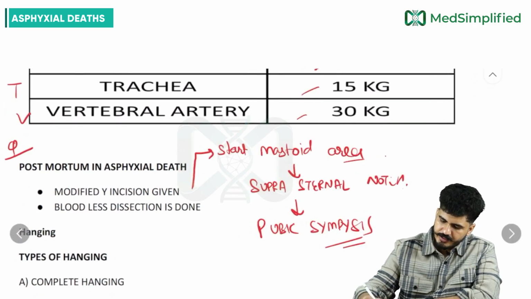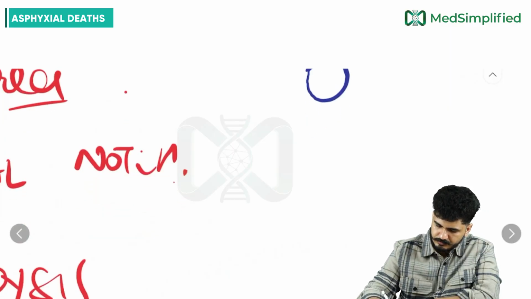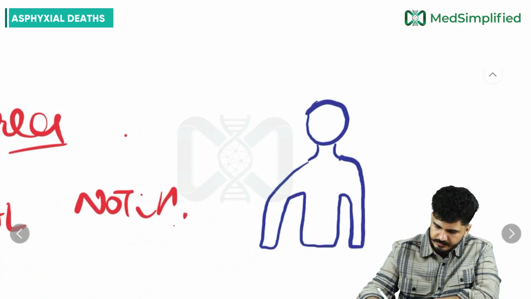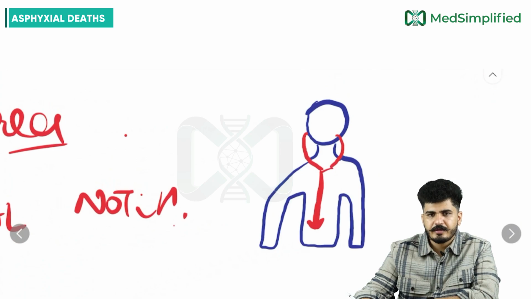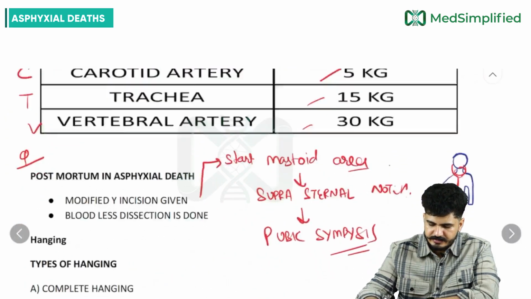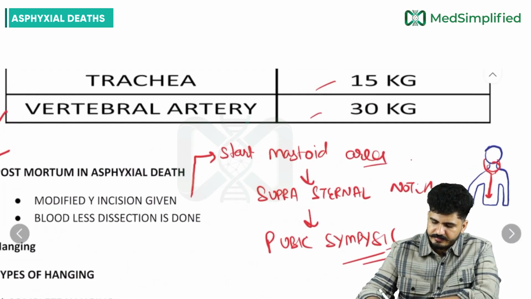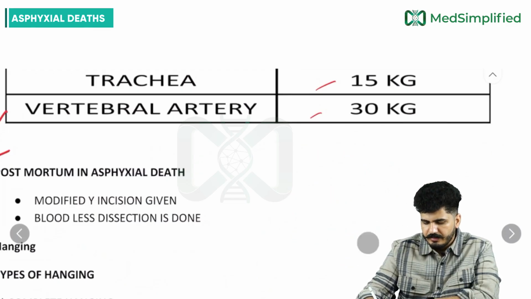If I can show you right here, sir, if I draw the man here. So you can see right here, sir, it is starting right from here, going right here. Then it is going down like this. So what is happening? We are sparing the neck here for the last. As it is written here, bloodless dissection is needed. So what we do right here, sir, if I just erase it and write something for you, that bloodless dissection,